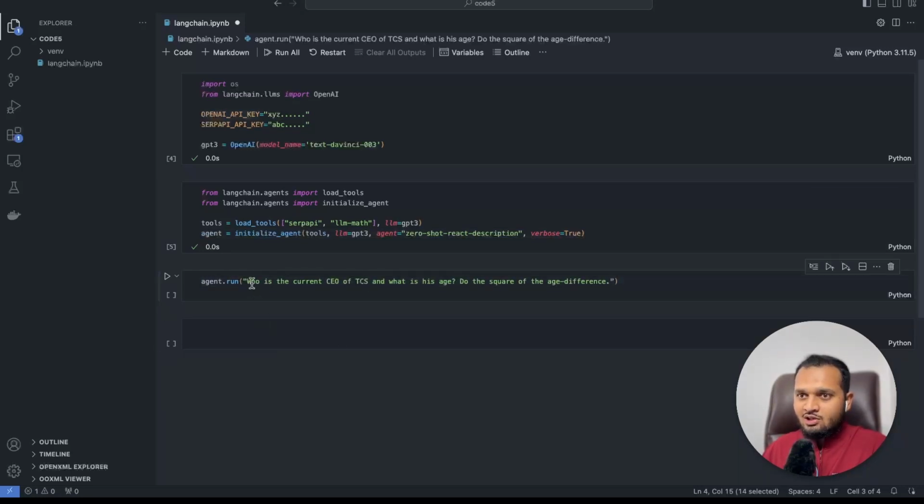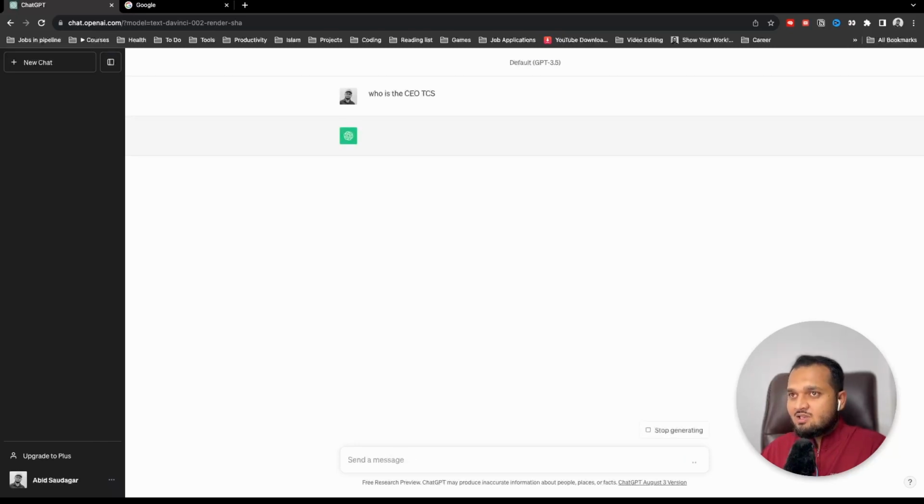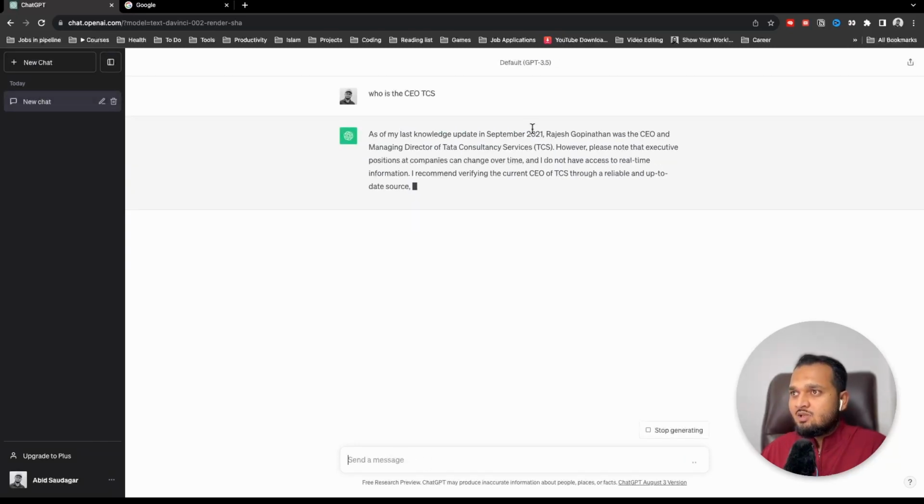Now we'll run our agent. Right now I want to ask who is the current CEO of TCS and what is his age. Do the square of the age at the end, not the age difference. So I want the age of the current TCS CEO and then I want to square his age. I am asking this question because if we ask GPT who is the CEO of TCS, as GPT has data till September 2021, at that time Rajesh Gopinathan was the CEO.